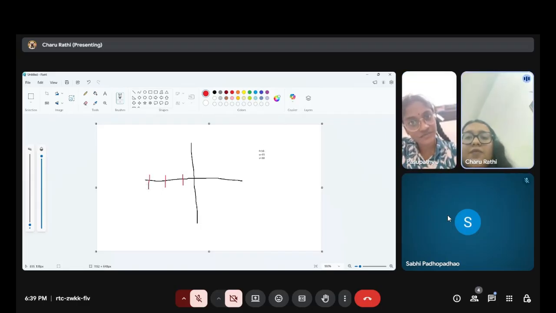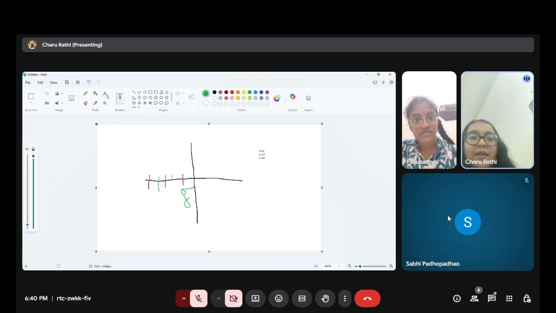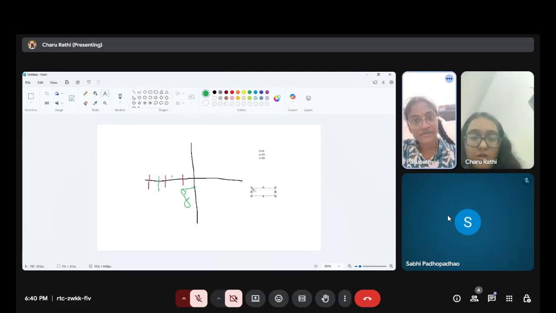So where will my r be? If this is my f, and this is 10 centimeters, then my r is supposed to be somewhere over here. It will be between the 20. See, this is the focus. I understood, ma'am, because R is equal to F by 2. So this is the focus, and this is my r.